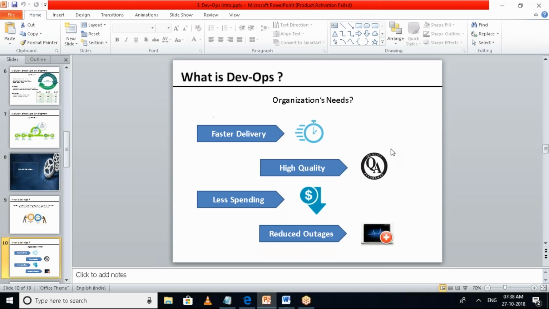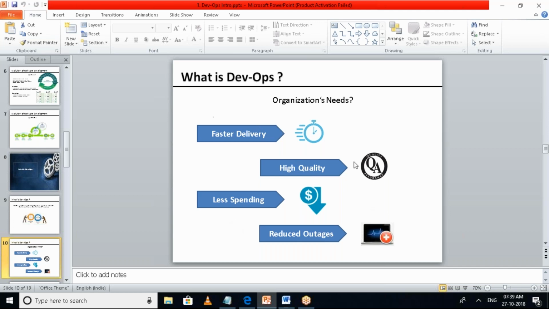So that is of no use to the organization. It's not just faster delivery or the quality. You also have to not spend too much money, so you spend a very small amount and get faster delivery and a good quality product.